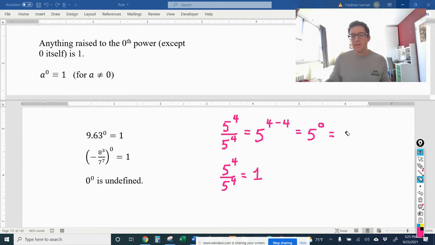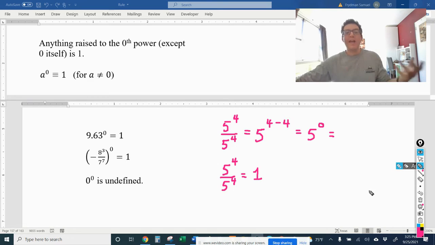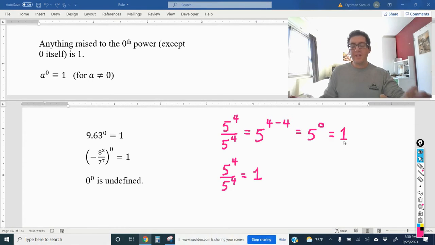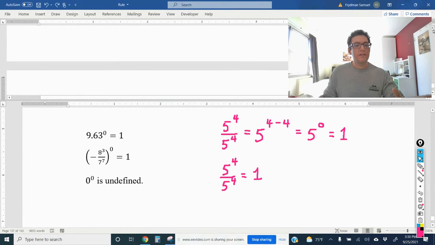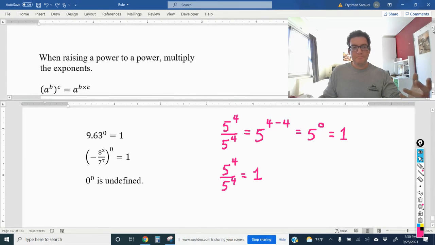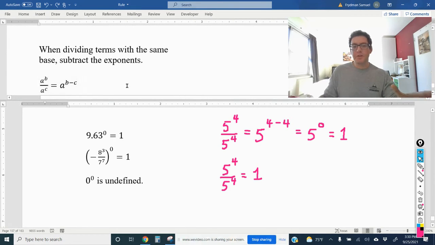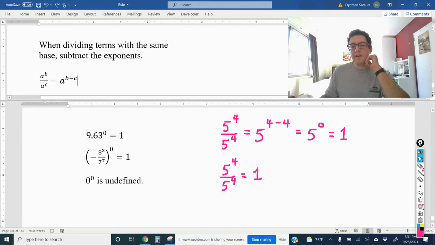So the only way out of this problem is if we define something raised to the 0th power to be 1. That ensures that everything is consistent. So we can evaluate this expression by using this rule over here, or we can evaluate this expression by just saying that something divided by itself is 1, and no matter which way we choose to evaluate it, we get the same answer, so there's no problem. All right, so let's move on now